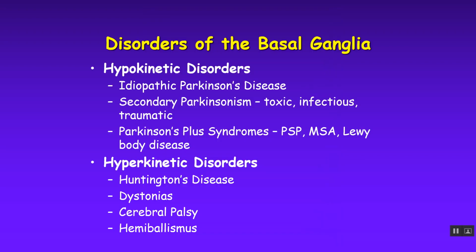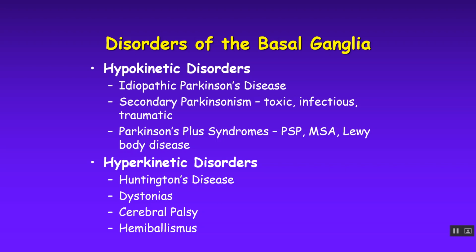So now let's talk about the disorders, and then we'll show you what happens to the circuitry with each of these disorders, okay? So we have basically two major classes of basal ganglia disorders: hypokinetic disorders and hyperkinetic disorders. Hypokinetic disorders are your classic Parkinson's disease. There's also something called secondary Parkinsonism. These have characteristics of classic Parkinson's disease, but they always have something a little different too, okay? So things like toxic, infectious, traumatic types of things,